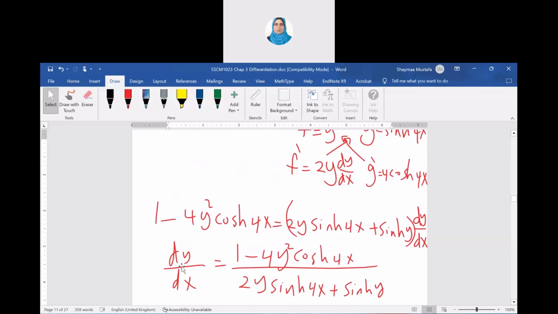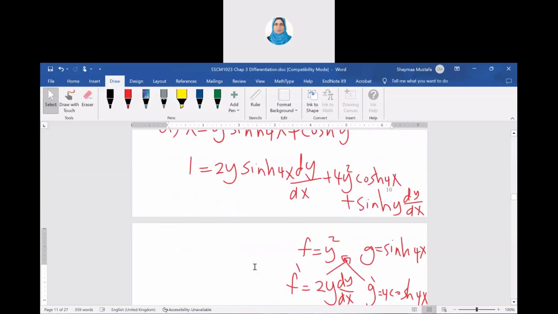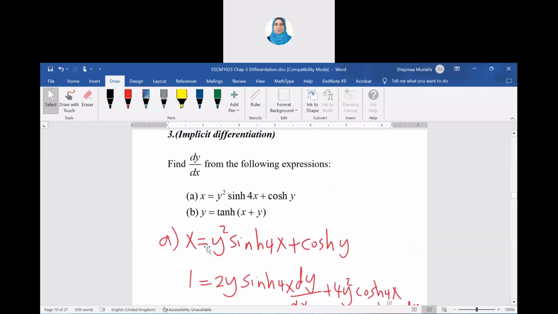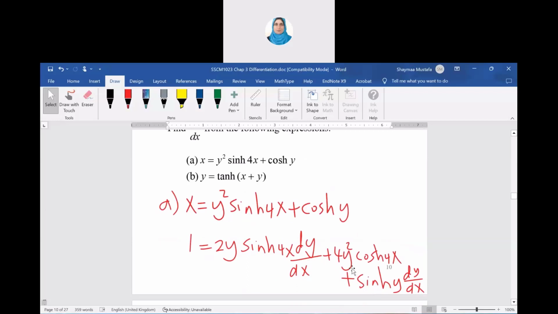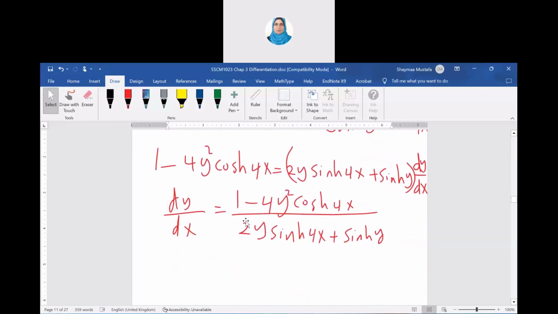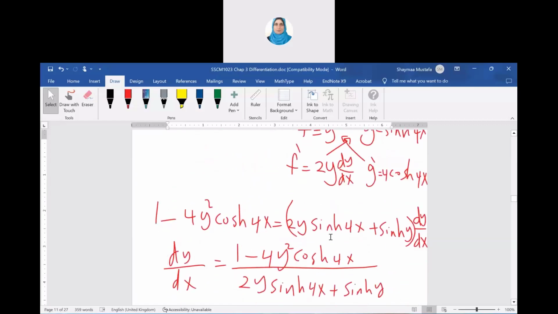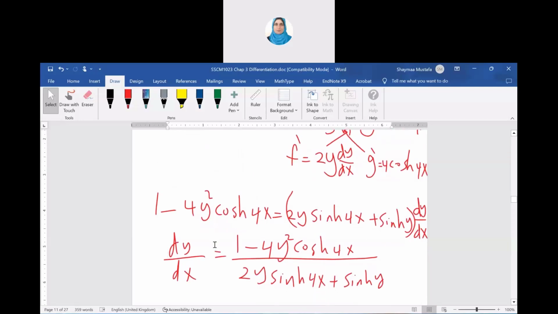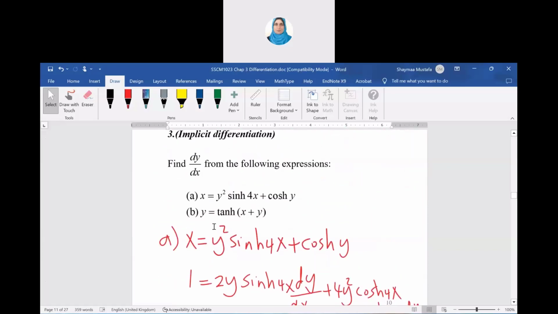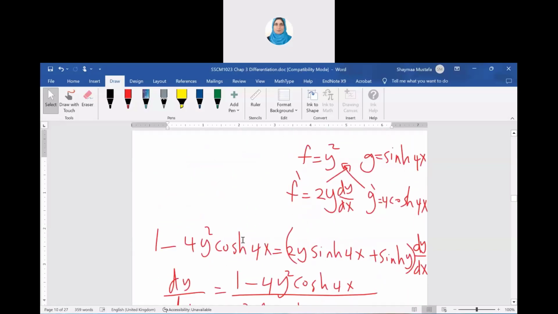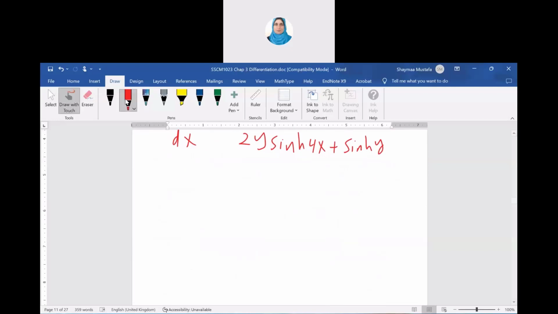So again, what we did first, you find the derivative for each term. Then you need to separate the terms that include dy over dx from the terms that do not include dy over dx. Then divide by the term multiplied by dy over dx to have only the derivative, dy over dx. Okay, same for the second example,